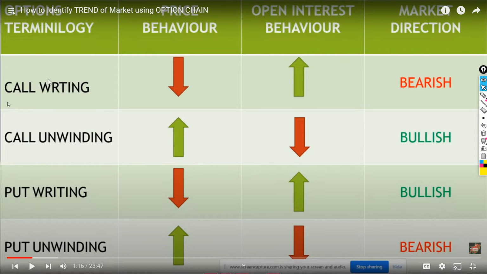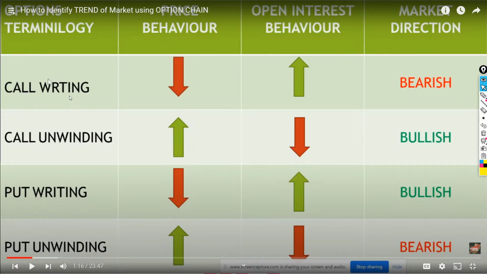Whenever we say call writing, again I'm telling you, people are not bearish. Wherever you see call writing happening at a particular strike, whoever sold that strike has a view that the market is not going to breach that strike. That's it. You should never say bearish. Overall, if you take 10 strikes and you have more call writing build-up versus 10 strikes on the put side, if you consolidate both, then you can say the market can be bearish or bullish. But at the individual strike, you should not say that.